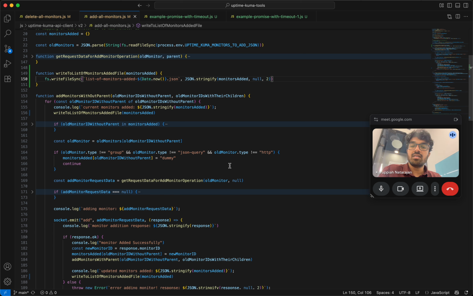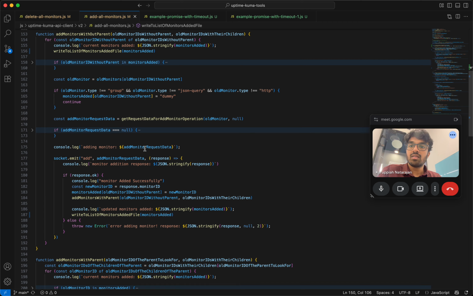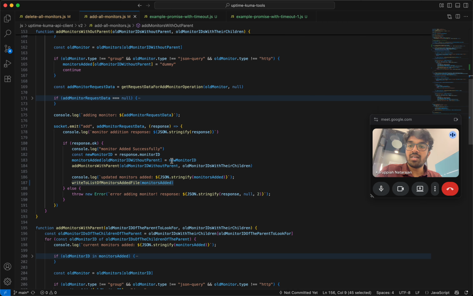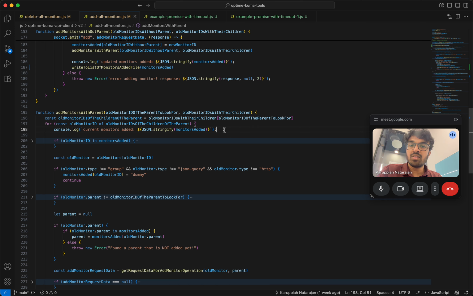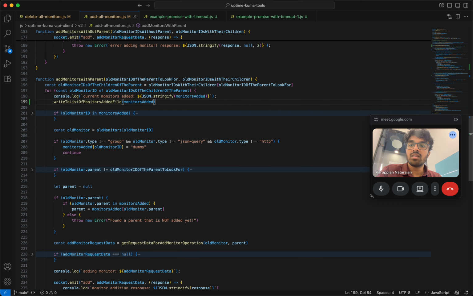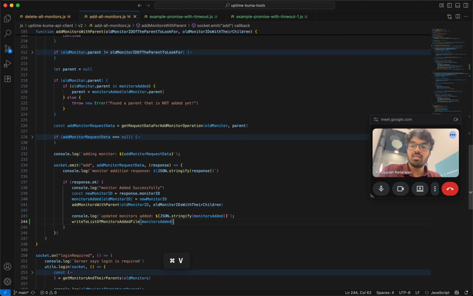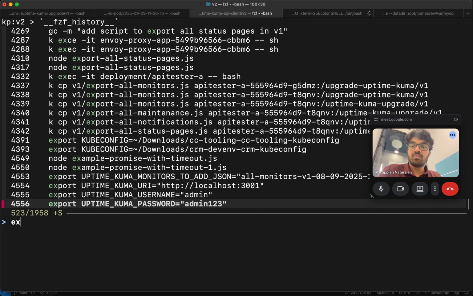And finally you can do this. Current monitors added, outdated monitors added. Here this current monitors added, and then updated monitors added. Cool. So in case you try to export everything,